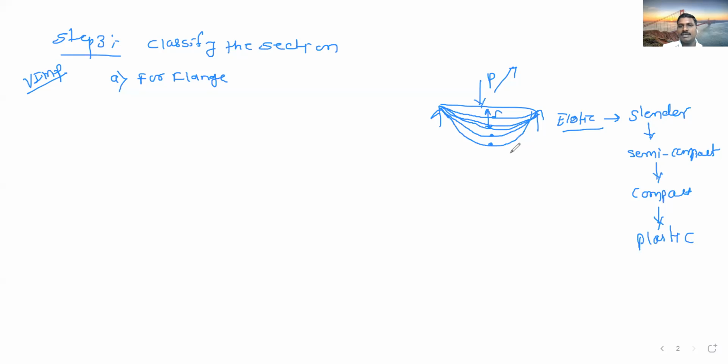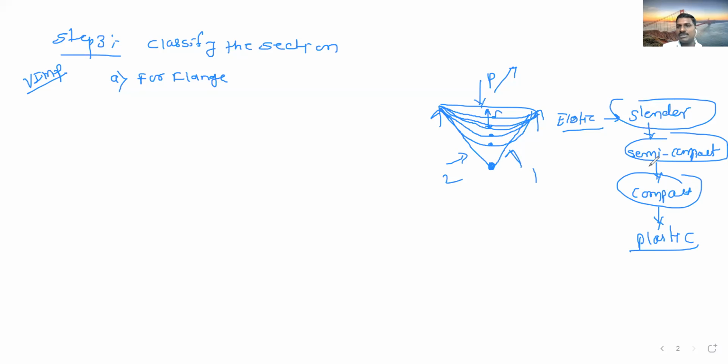At the end, plastic. When plastic classification will occur, hinge will form and your beam will rotate in any direction. These are the 2 segments, segment 1 and segment 2. So this condition is nothing but plastic. Formation of hinge is nothing but compact. Started the formation of elastic to plastic. Semi-compact and slender, it means within the elastic. So these are the 4 classifications of the sections.